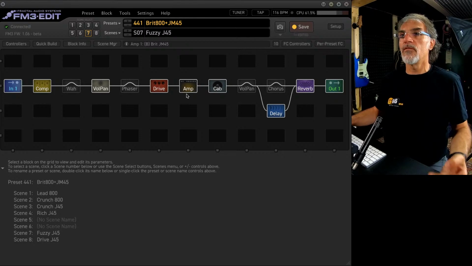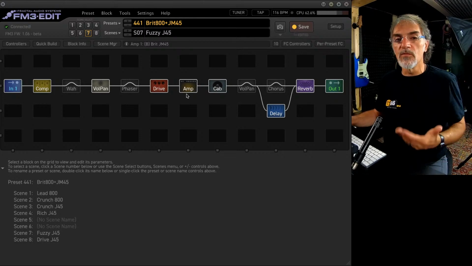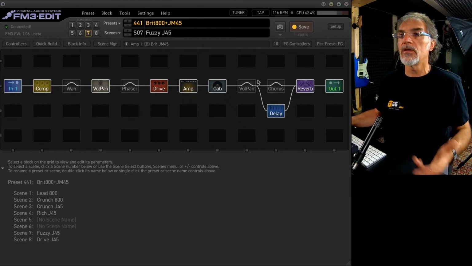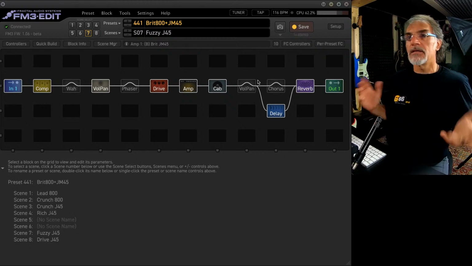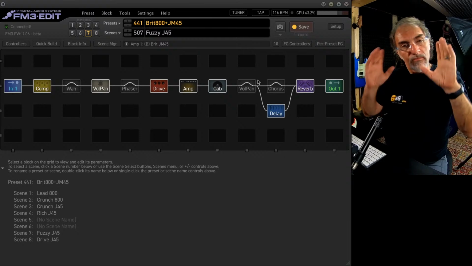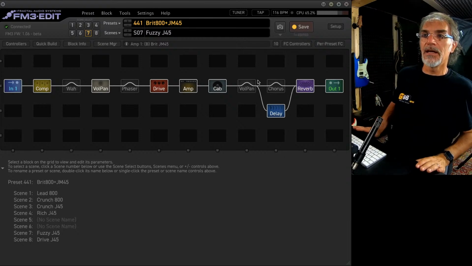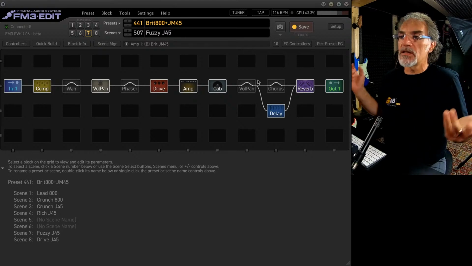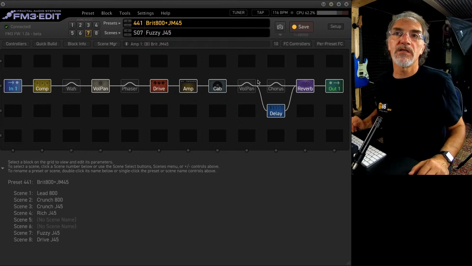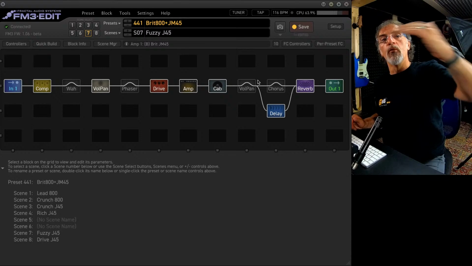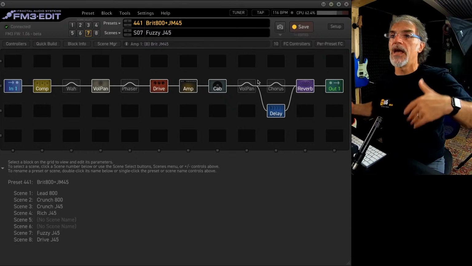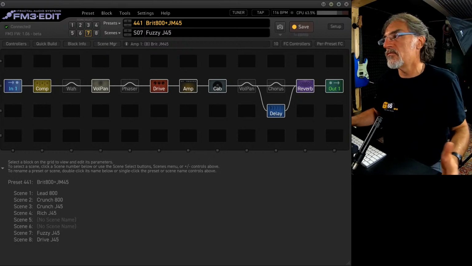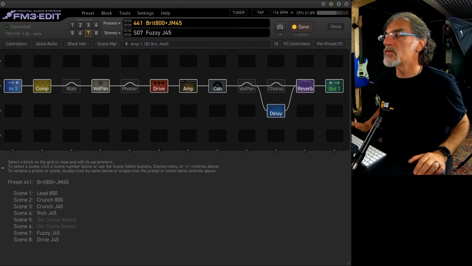You have, for example, 4 delay blocks. If you use the delay 3, you do not have a delay 3 in the FM3. You have only 1 and 2. But more or less, if you remember the rules, you can do vice versa. Typically, I create my preset on FM3 and I export to XFX3, and I can add, of course, all the other effects, because XFX3 is much more powerful.